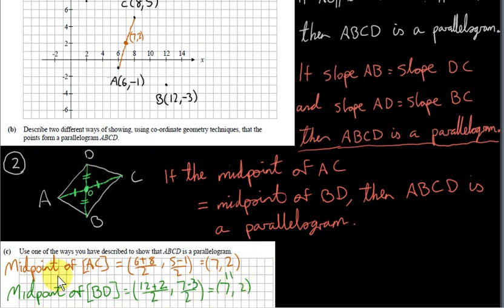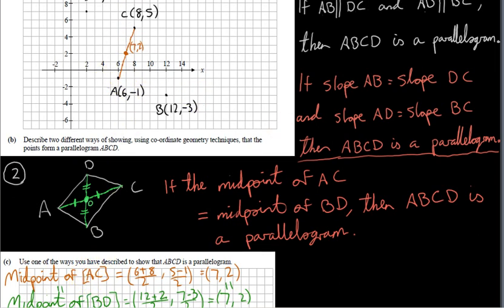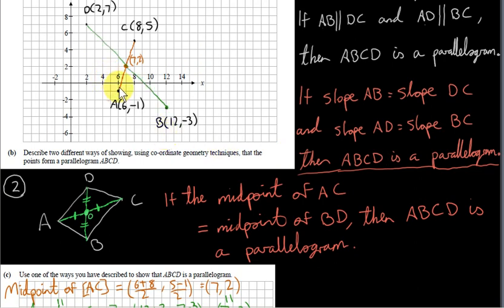So the midpoints of the two diagonals are the same for this quadrilateral ABCD. So that tells us that ABCD must be a parallelogram. You see that the diagonals must bisect each other if the midpoint of AC is equal to the midpoint of BD. That's the answer to the question, but what I will do now is use the other method to show that ABCD is a parallelogram. So I'll quickly run through that. We've answered the question, but in case you decide to do it the other way,